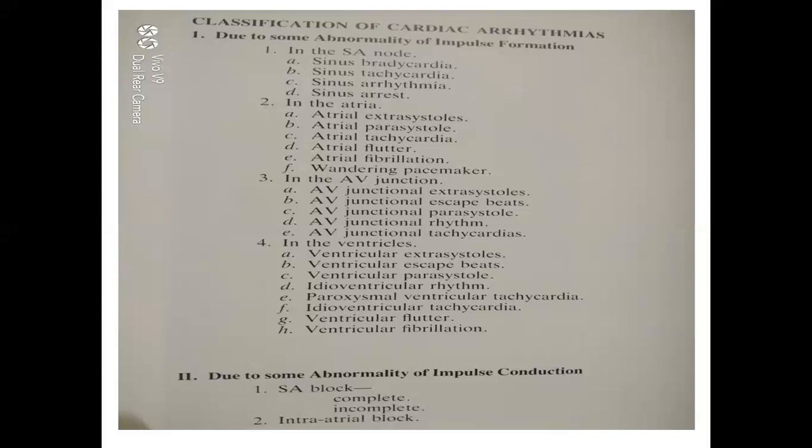It will flutter, which I showed you in one ECG last time, like a saw type. The P wave looks like a saw. You have seen an alligator or crocodile teeth? Yes, sir. That is called flutter, as it will flutter. And what is fibrillation? It's almost like a straight line or very small vibrations.